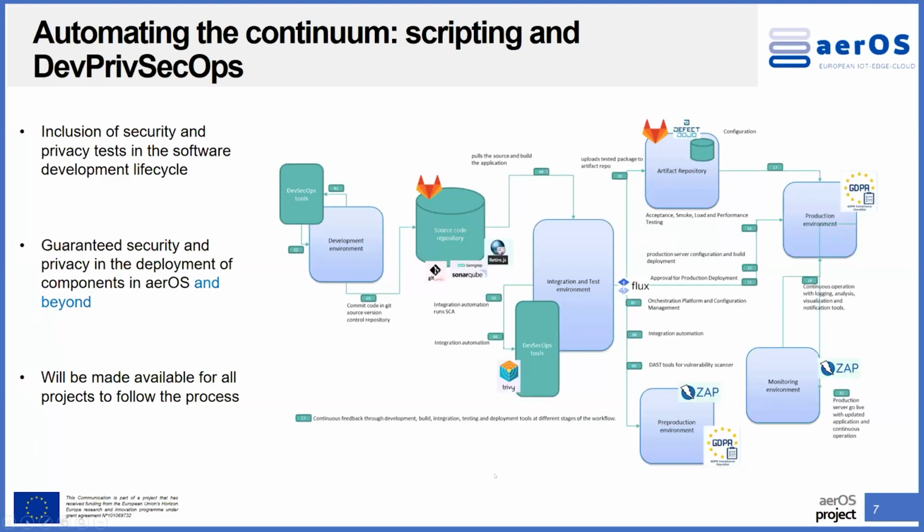And after we have passed the static application security testing, everything is pushed to the source code repository, where a series of automation tools are built inside to run validation tests, software composition analysis, to build the image and